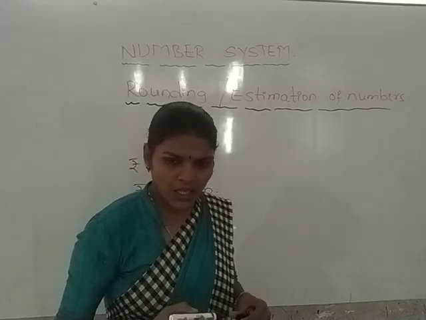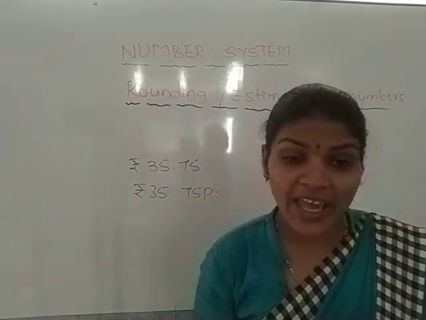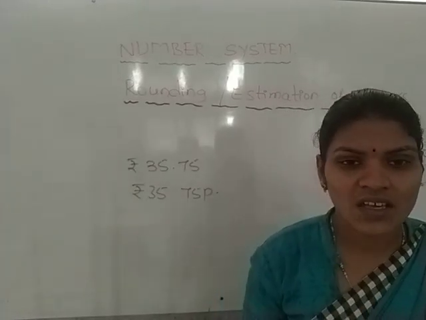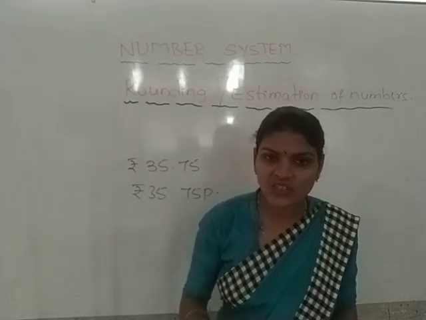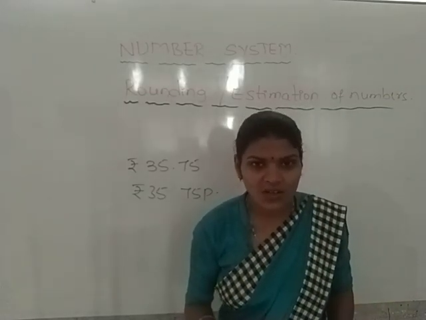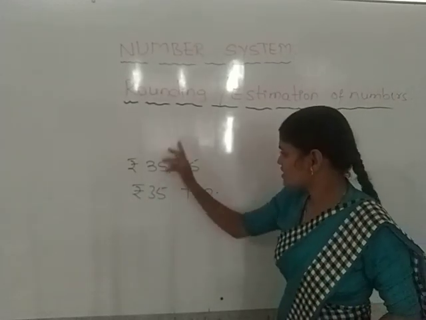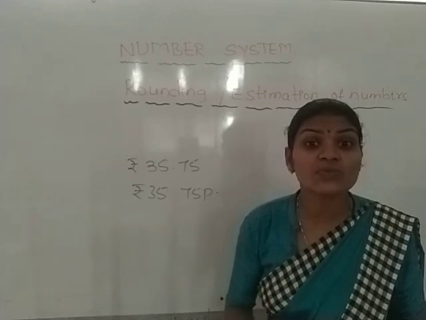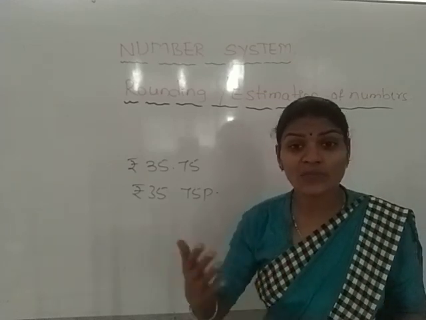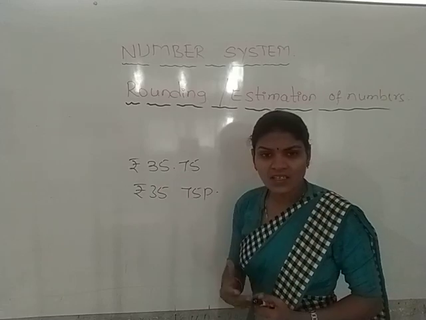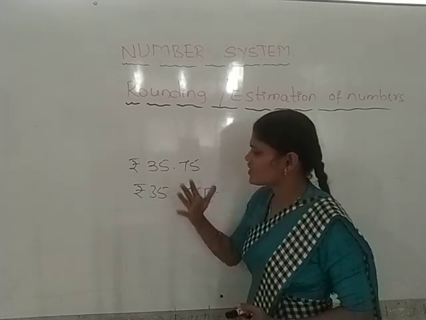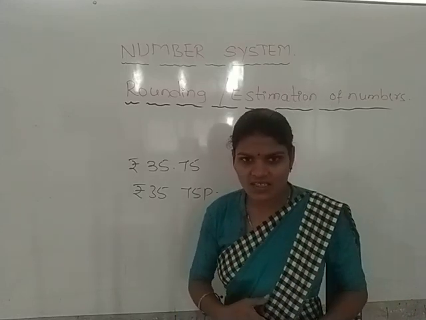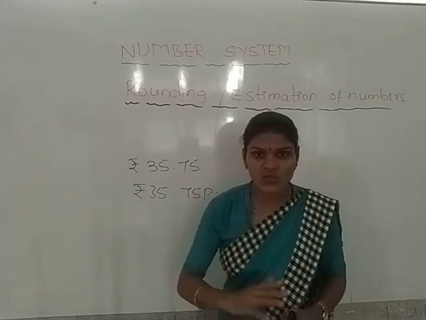Student, will you pay exactly 35 rupees 75 paise only? No, miss, we cannot give 75 paise. Yes or no? So we will give either 36 rupees or 35 rupees. That is the estimation. That is rounding the amount to the nearest number. 35 rupees 75 paise is very near to 36 rupees, less by only 25 paise. No problem, I will give an average or round figure.